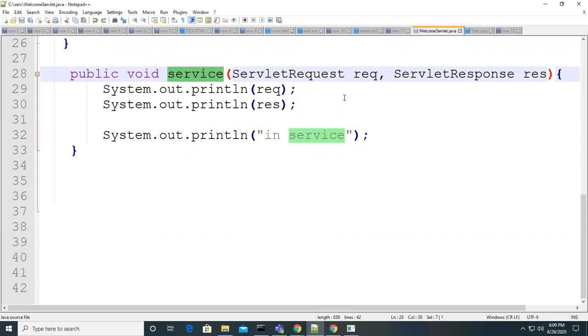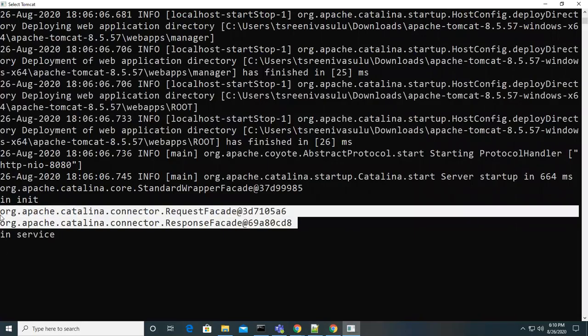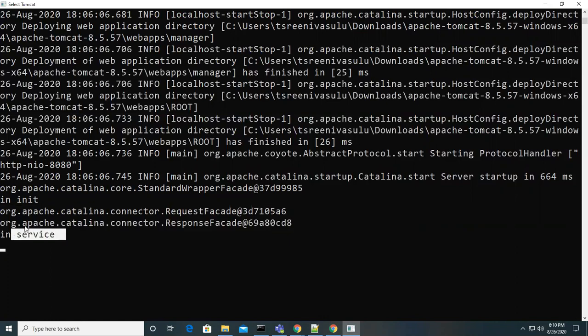What are those two objects? Servlet request and servlet response. Before calling, it needs two objects. This is also taken care of by the server only. You don't need to create objects and pass the values. Who is the caller of this service method?